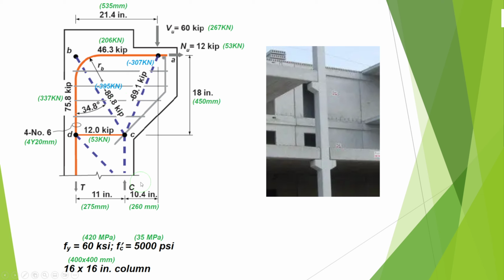In fact, this is, I think, British units. I converted to metric units only for clarification. Here we have column 16 by 16 inch, 60 KSI yield for the steel, FC prime 5000 PSI, and here we can see the